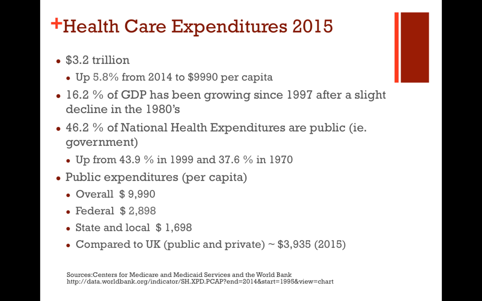And so if you look at the $9,990 overall, about 3,000 of that came from federal sources, almost 1,700 came from state and local. So about half again of the overall, the rest was individual. When you compare that to the UK, right, so I said they have their National Health Service, as well as private expenditures, because that does happen on the private market, they spend about $4,000. So their public and private combined is similar to what our government-only expenditures are.